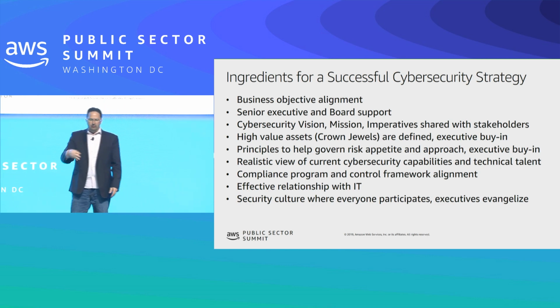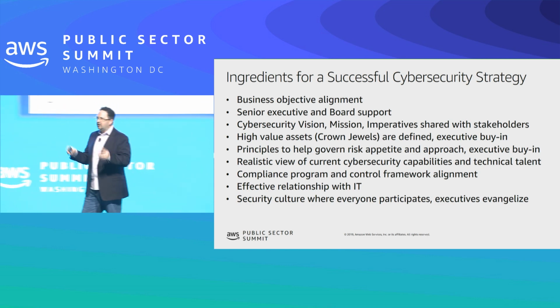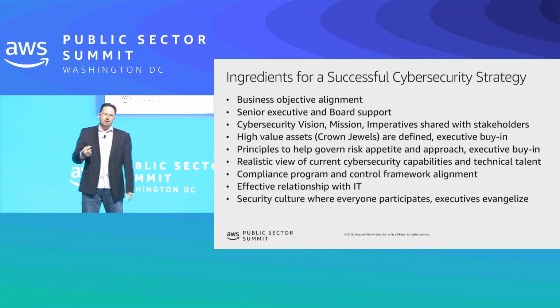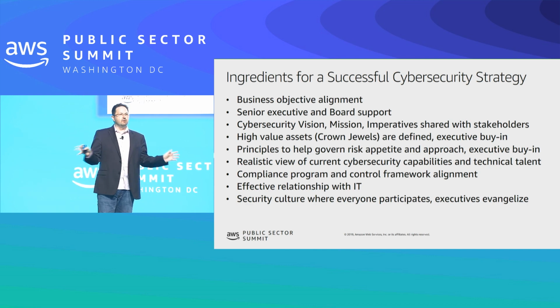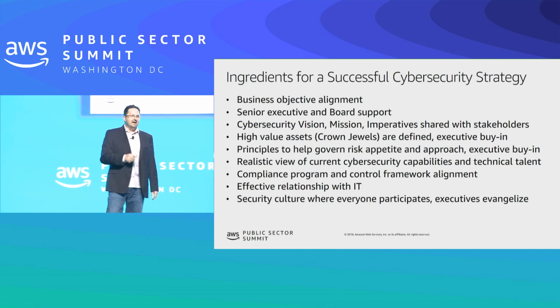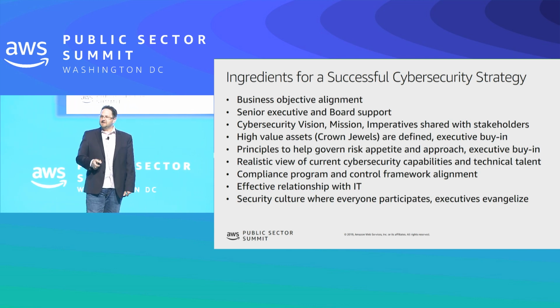Another one I'll highlight here, I won't go through all of these, but high value assets, or what are called crown jewels. Very often I come across organizations that are trying to protect everything. And so they believe their charter is to protect everything. And again, we live in a world with limited resources. So your ability to protect all data and all assets, probably not realistic, right? In most organizations, cybersecurity resources are super hard to find. Attracting and retaining top cybersecurity talent, super hard. And so in a world like that, you actually have to understand what your high value assets are.